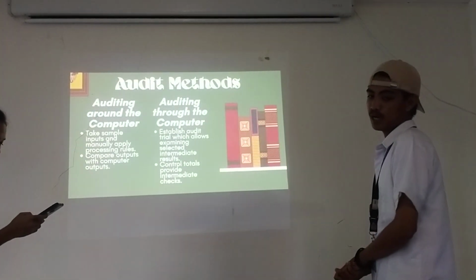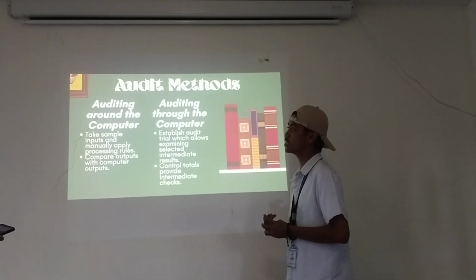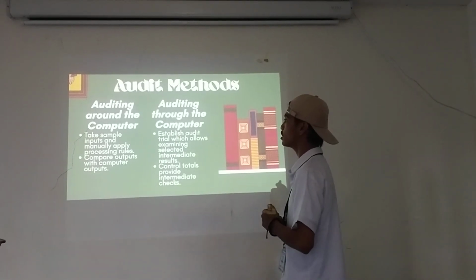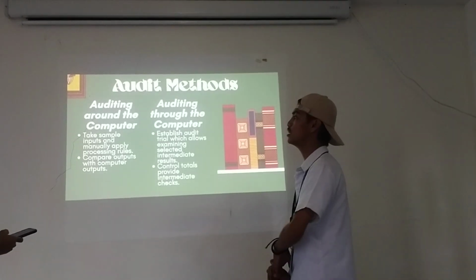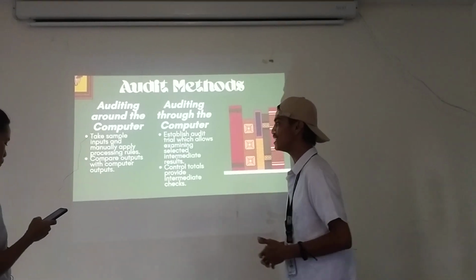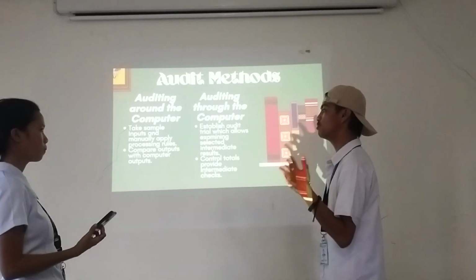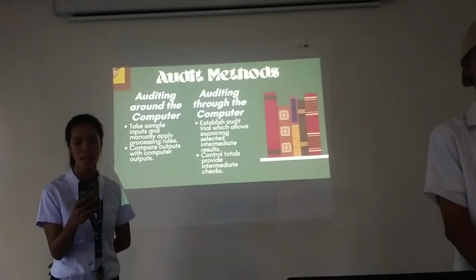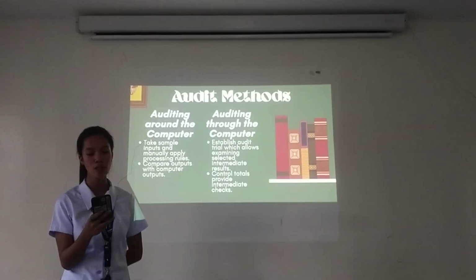Audit methods. Next, we're going to go with audit methods, which has two parts. The first one is auditing around the computer, and the other one is auditing through the computer. First, we're going to discuss auditing around the computer. Auditing around the computer takes input and manually applies processing rules and compares output with computer outputs. It is one of the methods of evaluating a client's computer controls. Fixed source documents randomly